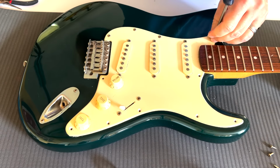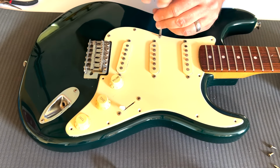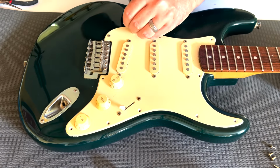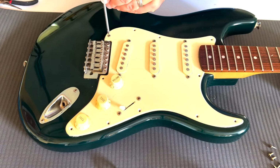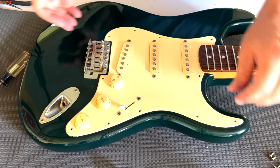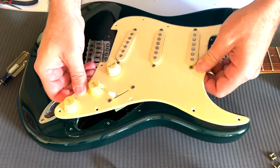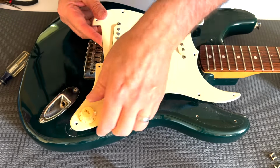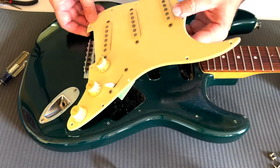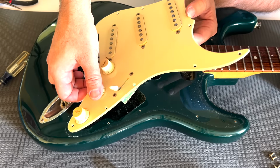It can be really hard to find the information on the internet too. There's so many options, and unfortunately sometimes when you buy pickups or switches, they don't come with the best directions. So a lot of it's trial and error. You're not going to hurt anything by trying. It can be very frustrating. To this day, I can't stand soldering pickups because it's just frustrating, man. It really is. All right, so what I've got here, frustrating point number one, what I'm gonna have to do